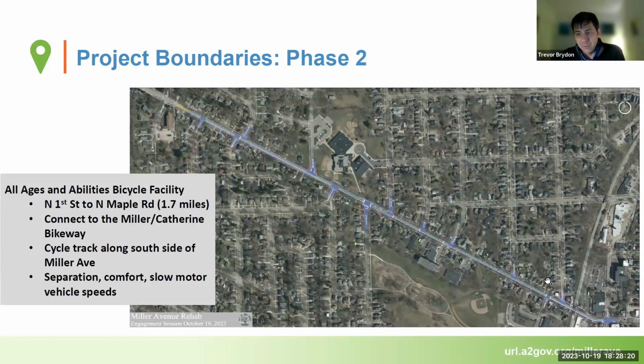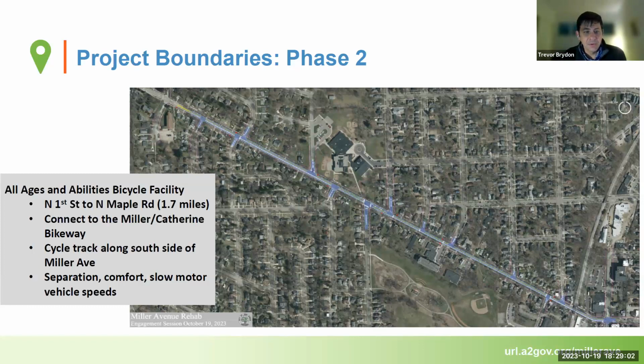And here is the full extent of the project boundaries. On the far right side of the screen is the edge of the cycle track's end. As it currently is, it goes underneath a rail trestle and then comes up the hill towards Ann Arbor Open, as you saw. I guess it doesn't go the whole way here. This only takes it up to 7th. But the cycle track is intending to connect from First to Chapin, where the utility project starts, and then extend from 7th all the way out to Maple, making a continuous cycle track experience for people using it.